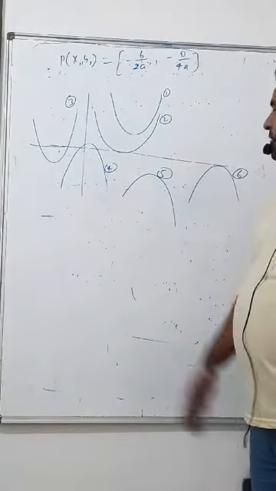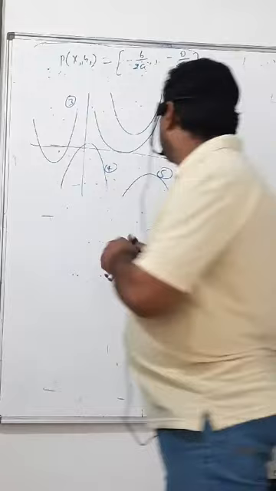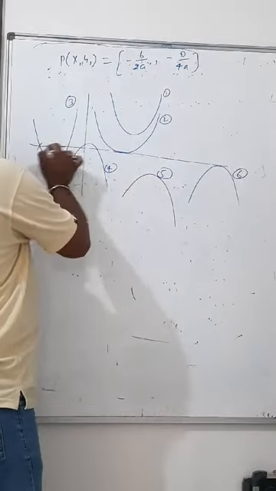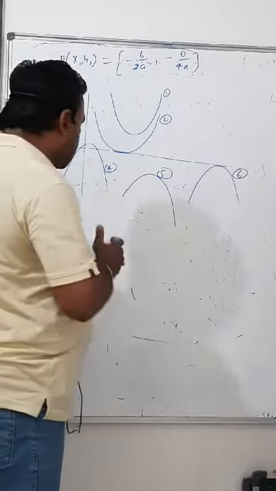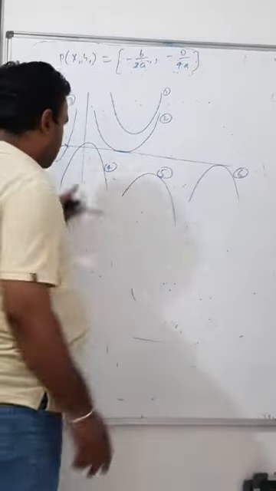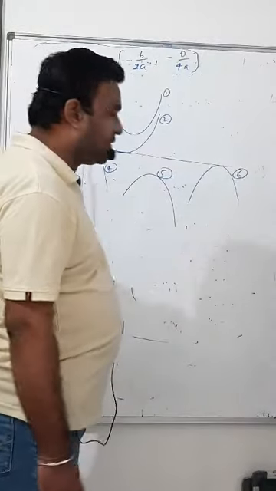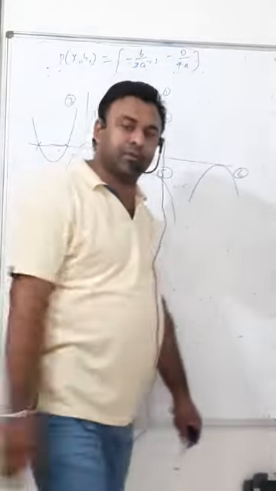1 is not touching the x-axis. 2 is just touching the x-axis. 3 is cutting the x-axis at 2 points. 4, 5, 6: 4 is cutting the x-axis at 2 points, 5 is not even touching the x-axis, 6 is touching at 1 point. Now,